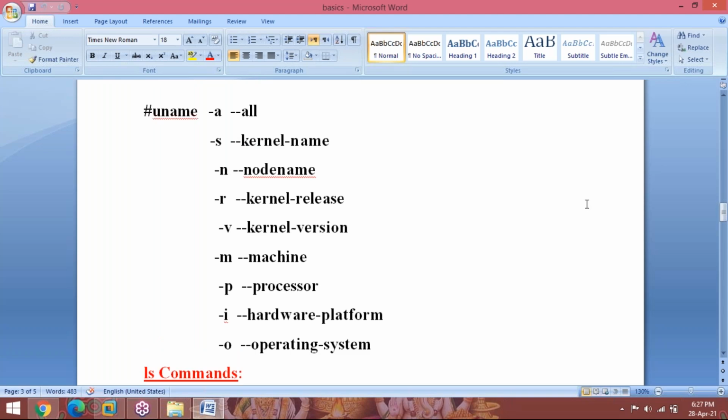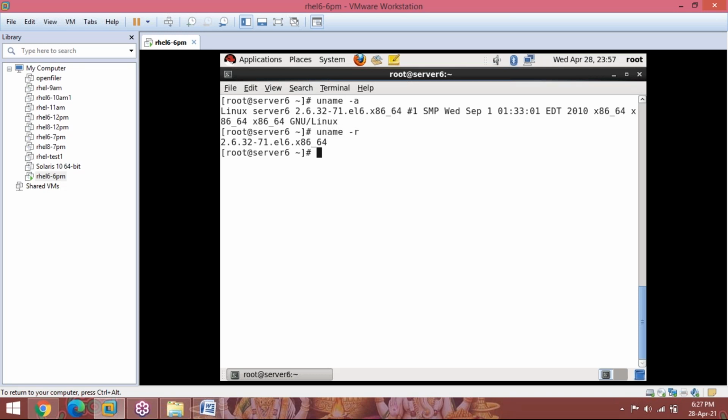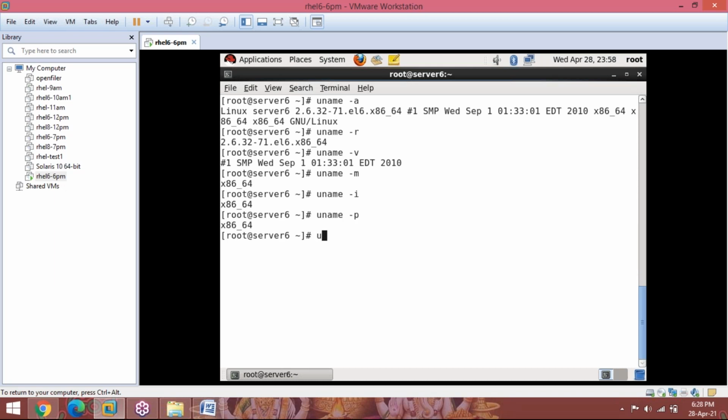In uname we have a number of options. uname -a, just now I showed you, all information. uname -r, kernel release. uname -v, kernel version. uname -m, machine architecture. uname -i, hardware platform. uname -p, processor architecture. uname -s, OS name.